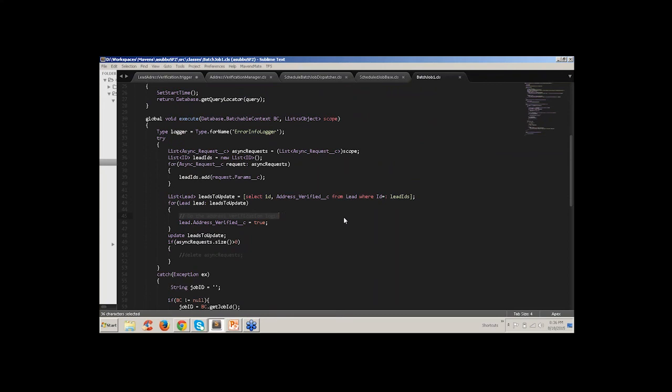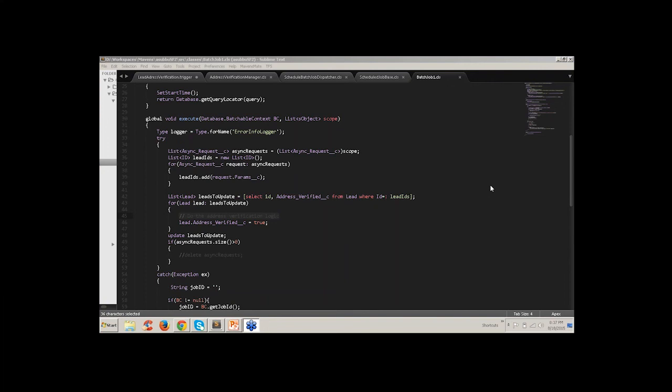When you do the address verification logic at this point, now you have more governor limits. You have a 50 million record execution limit. You have more CPU; the max CPU limit is 60,000 milliseconds at this time. So easily these time consuming jobs will run in the batch job, right?